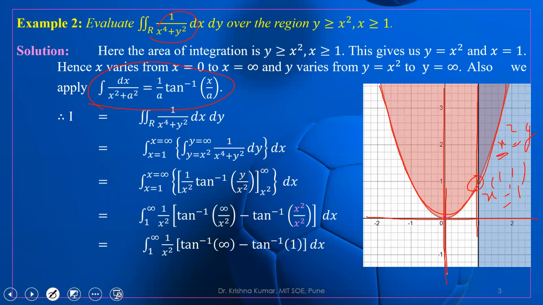So the limit of what is given: x is greater than or equal to 1, y is greater than or equal to x square. Let us see here, if we draw the parabola, the minimum value of x is what? It is 0. The minimum value of x is 0 and the maximum value of x will lie according to the parabola, like this, means it goes to infinity. So that's why the minimum value of x is 0 and the maximum value of x is up to infinity.